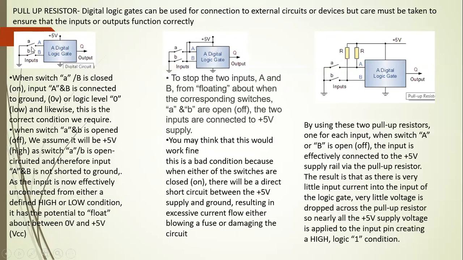When the switches are closed, A and B will be connected to the ground and their input will be 0, so the logic gate will function properly. The second condition is if the switches are open, we assume that the values of A and B should be 5.